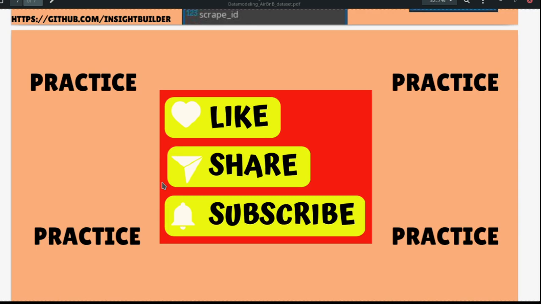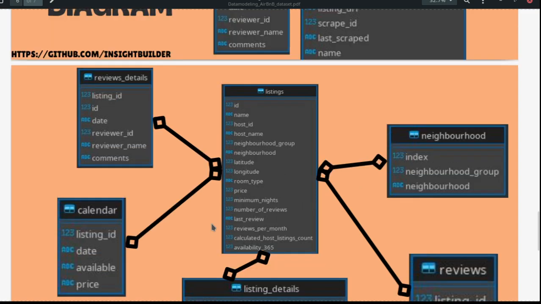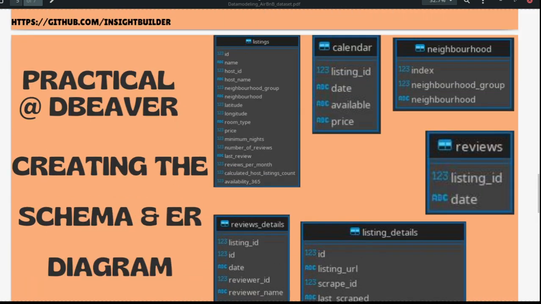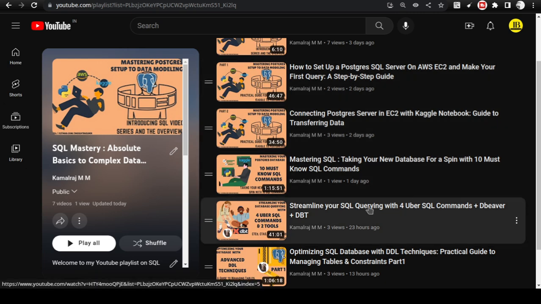Coming to the important aspect: the important aspect is that you practice. The point of sharing this kind of data model with you, that you can achieve with this data set, is providing you the ways to get the PostgreSQL database on your own, so that you don't need to be concerned about any cost or any additional charges that might be incurred, and you can play with the dataset as easily as possible. I will be sharing the dataset location in the description below of this video,